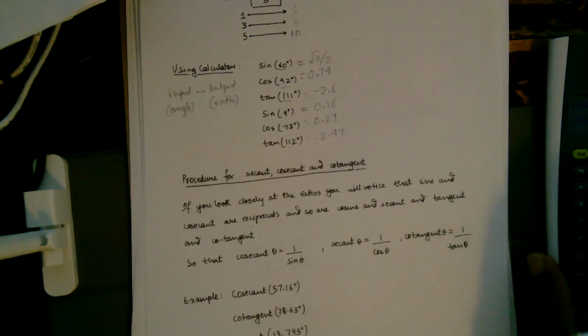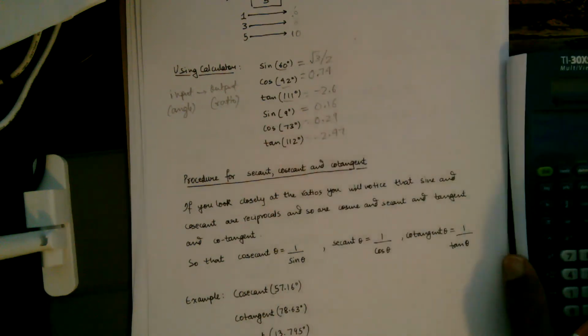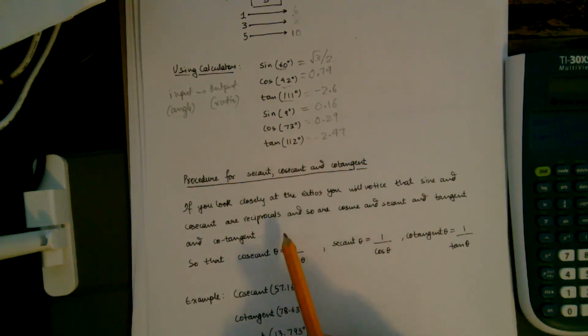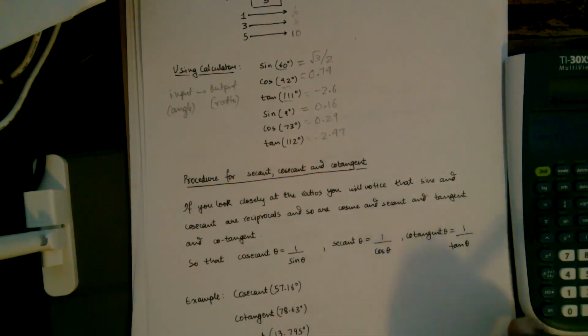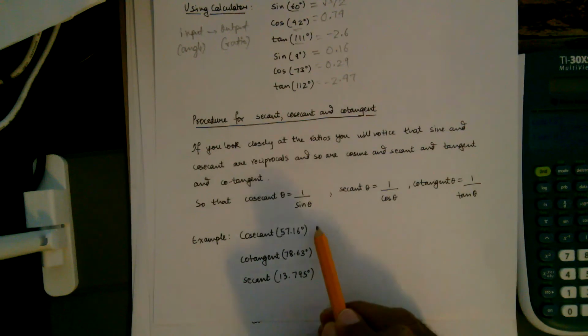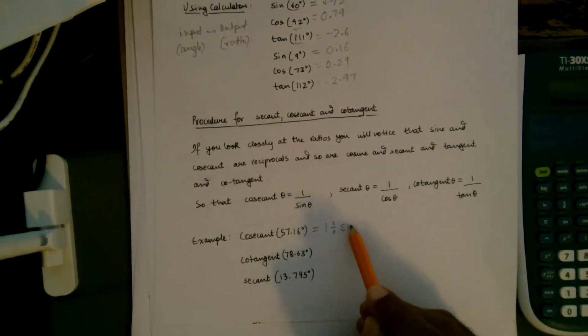Now you will notice that on the calculator, there are only 3 buttons for trig functions: sine, cosine, and tangent. There is no button for cosecant, secant, cotangent. So we need to follow a different procedure for finding those ratios. Now recall that there is a reciprocal relation between these ratios. For example, cosecant is 1 over sine, secant is 1 over cosine, cotangent is 1 over tangent. So whenever you're trying to find one of these 3 ratios, you can rewrite this as 1 divided by sine of the same angle,